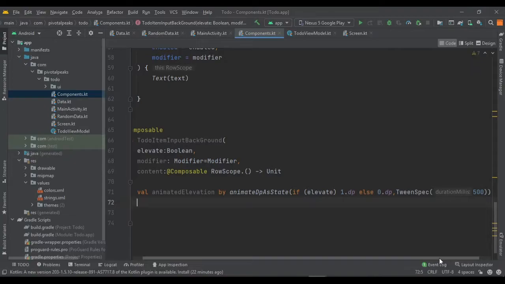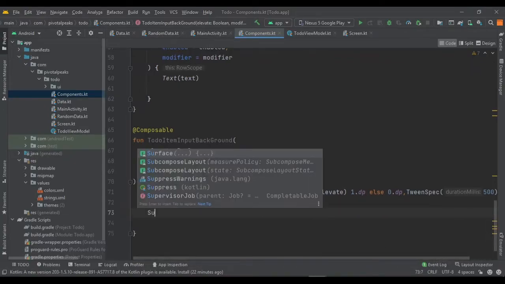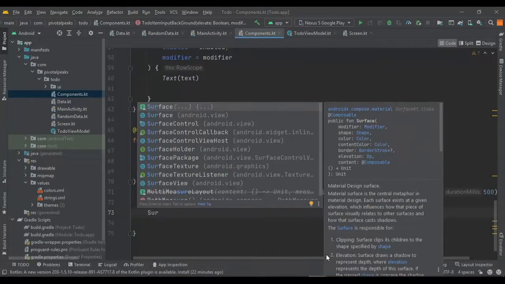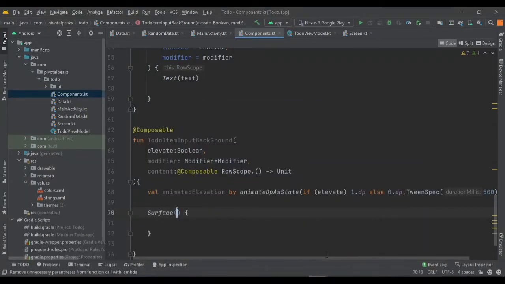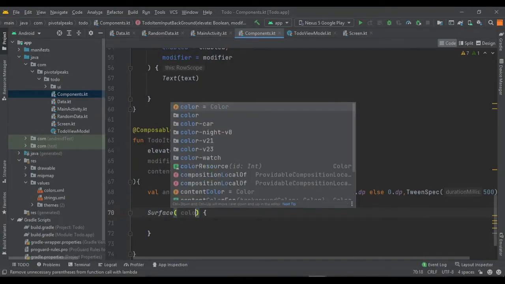Next thing is that we are going to need surface. You can read about surface in the Android Jetpack Compose documentation, because it's kind of the central core of Jetpack Compose. So let's give some parameters to our surface.